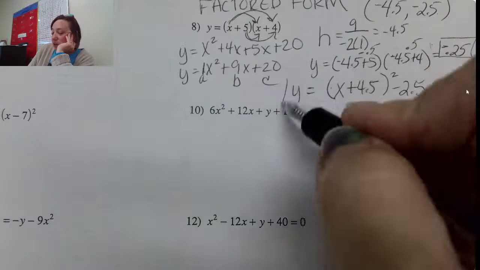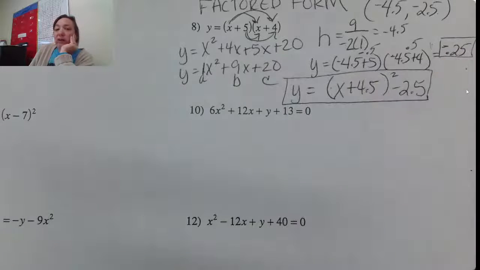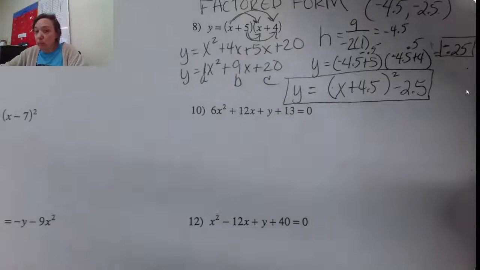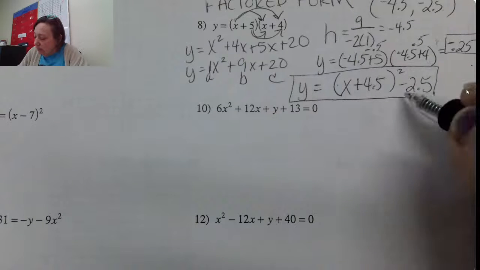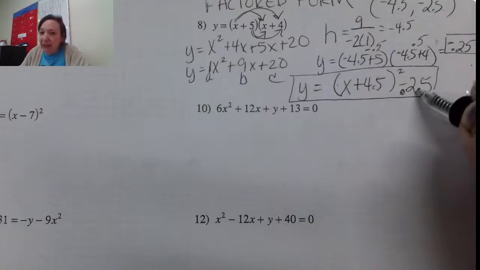And that's our vertex form. How would it be 2.5? Oh, not 2.5. Good catch on that. Negative